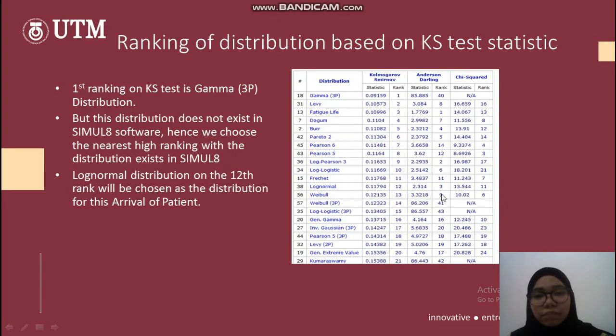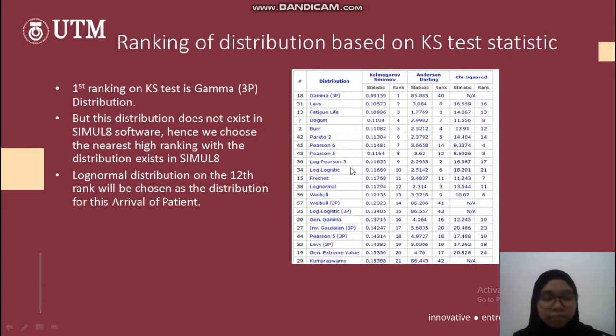This is the result from EasyFit software. It shows the ranking of distributions based on the KS test. The first ranking on the KS test is the gamma 3-parameter distribution, but this distribution does not exist in Simul8 software. Hence, we need to choose the nearest high-ranked distribution that exists in Simul8. From here, the nearest is rank 12, which is the log normal distribution. Hence, the log normal distribution will be chosen as the distribution for this